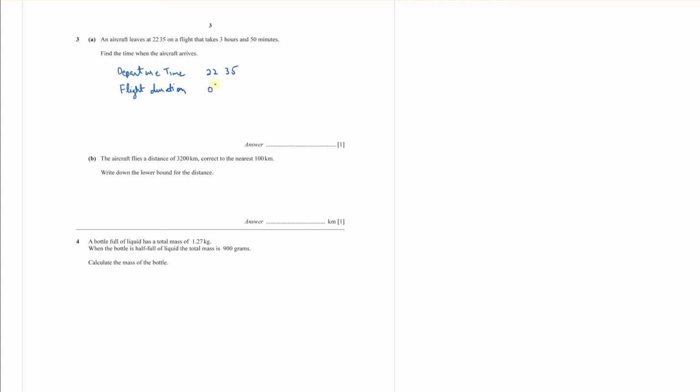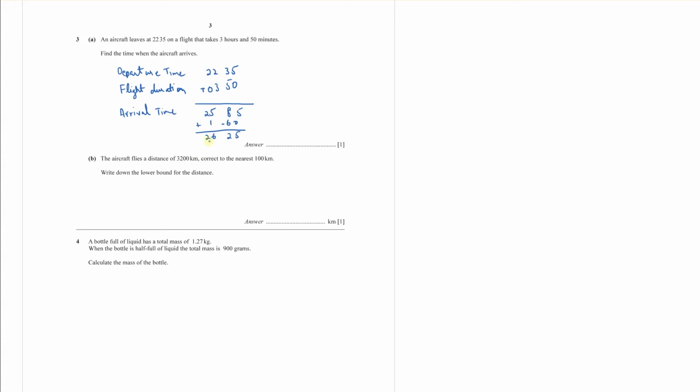is 3 hours and 50 minutes, and your arrival time would be, let me add these two. So you get 5 plus 0, 5, 3 plus 5, 8, and then 22 plus 3 is 25. So your minutes are over 60, so you subtract 60 here and add 1 here. So you get 8 minus 6 is 2, and then you get 26 hours